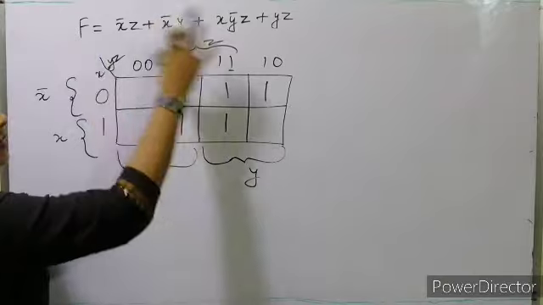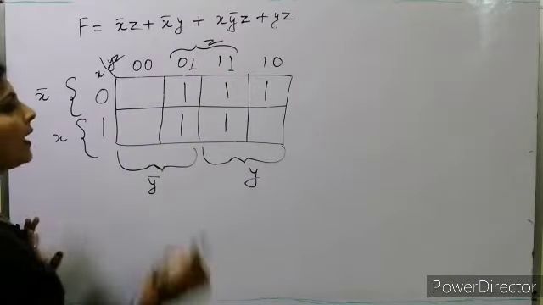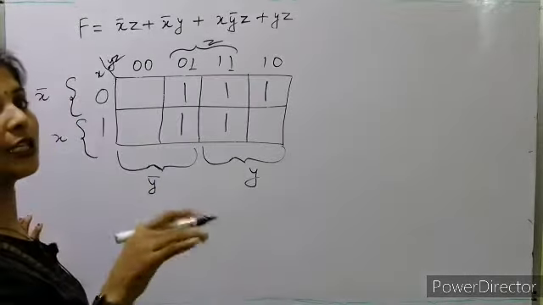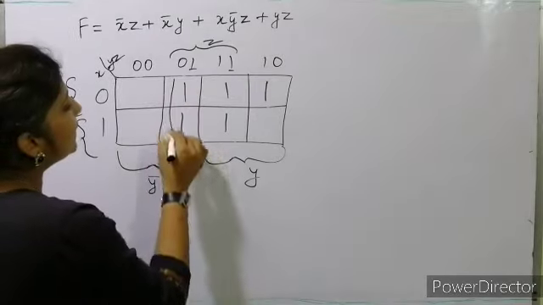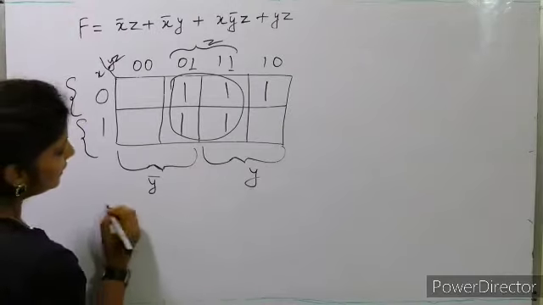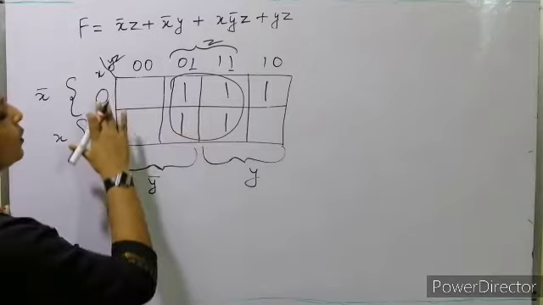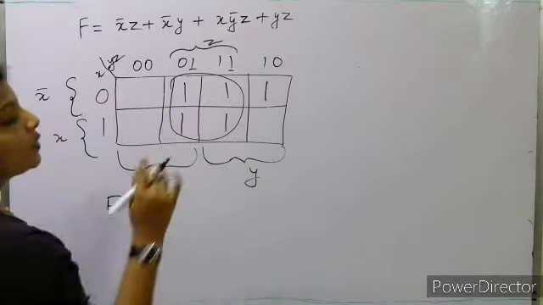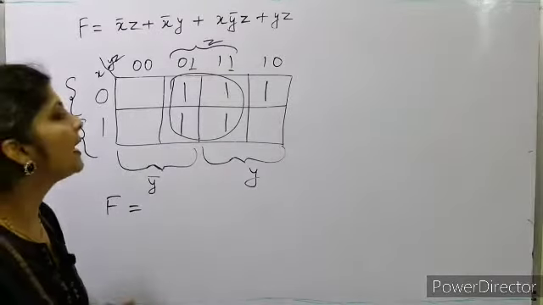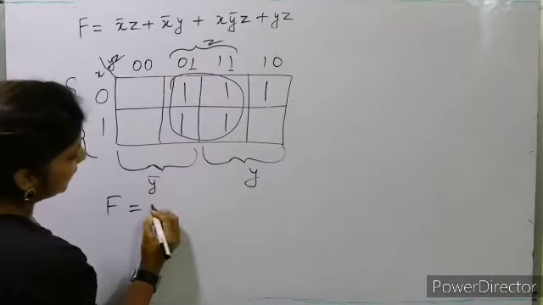So according to the expression that was given, we have done this. We have written the 1 in the boxes for the minterms which are included in the function. Now we'll take it like this. These 4 we'll take. So what will be the function? F will be equal to these 4 that we took, so 0 and 1 doesn't matter. When we are taking 4 at a time, 2 variables will be missing, only 1 will be there. So which one is common? That will be there, that is z. So z is 1, so z will remain.